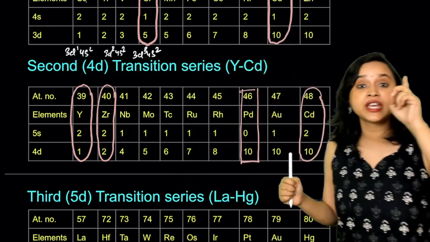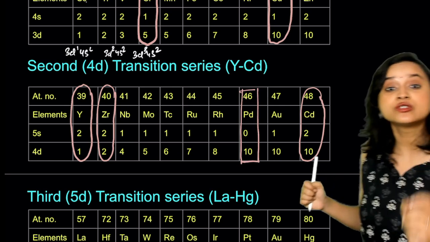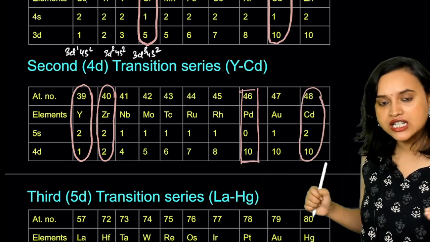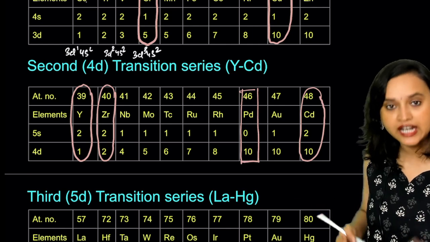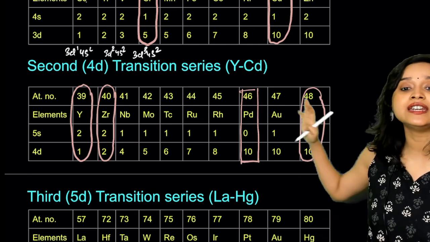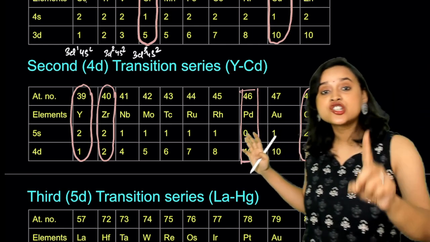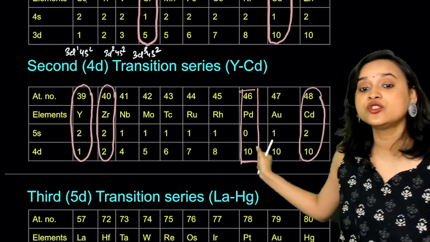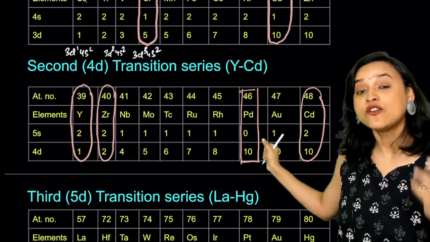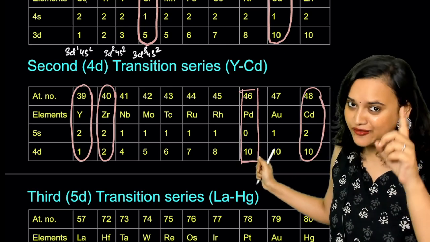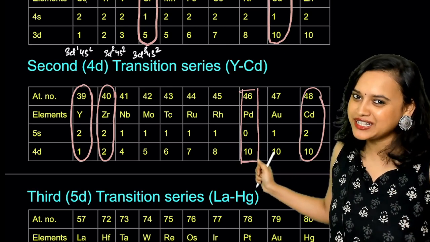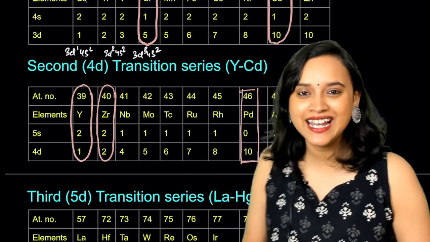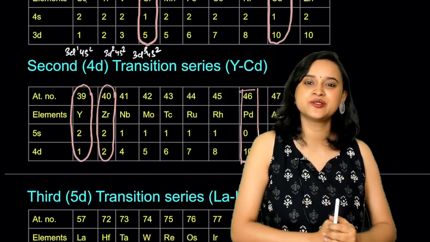Bache, once again, please pay attention to the definition of transition elements. The definition said that in the most common oxidation state, in a simple oxidation state, or in its ground state, it must have a partially filled d orbital. So, bache, if I take palladium to the +2 oxidation state, don't you think that it will have 4d8 electronic configuration? If it is 4d8, that means it is partially filled, which means that it is a transition element. Do you understand this, everybody? Great.